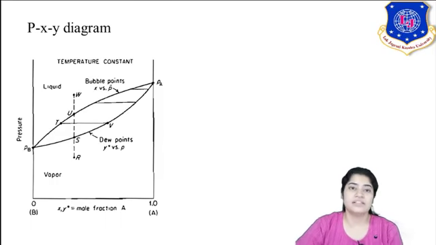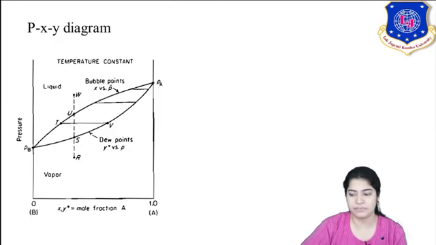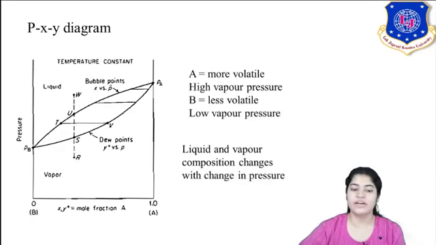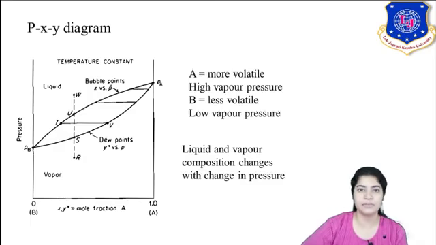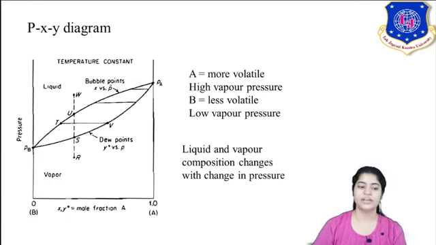See, we discussed that in the first lecture only, that high boiling point means less vapor pressure and low boiling point means high vapor pressure. The more the vapor pressure, the faster it will get boiled, okay? So A is my more volatile component. It means it has very high vapor pressure, okay? The pressure exerted by vapors is more. Whereas if B is the less volatile, it means it has low vapor pressure. So you can see the trend has been reversed. PA is more than PB, okay?